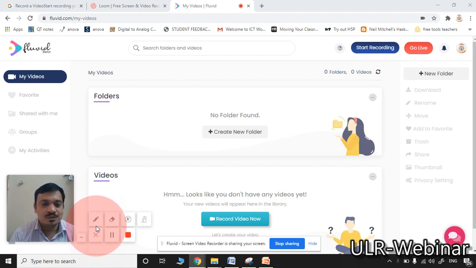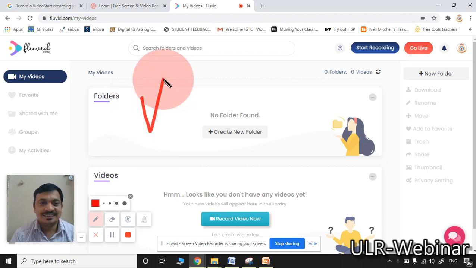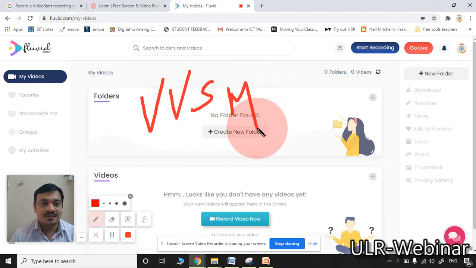So here please observe, a pen option is there. In the Loom you are not directly observing this pen option. So here by clicking the pen option, I may select different thickness levels also. By using my mouse, here I may write something. Whenever you are explaining, directly with the help of your mouse, you may write something.